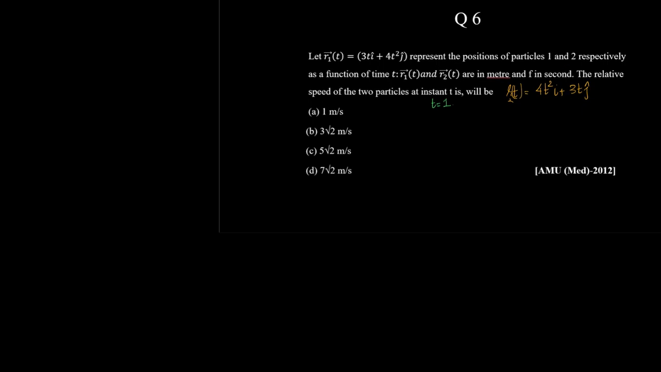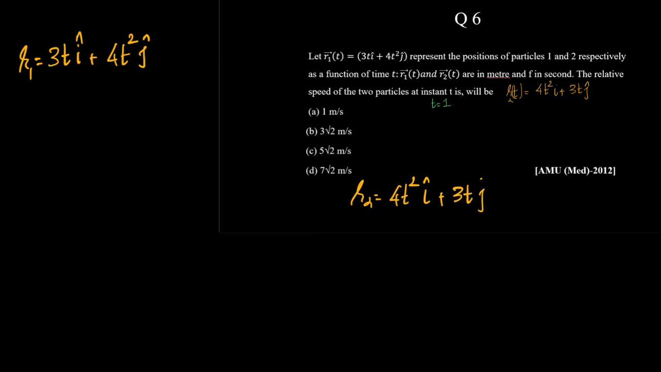So let us first write down what's given to us. We have r1 is equal to 3t i cap plus 4t square j cap. And r2 is equal to 4t square i cap plus 3t j cap. In which case, what is V1? V1 will be equal to d by dt of r1, which is equal to d by dt of